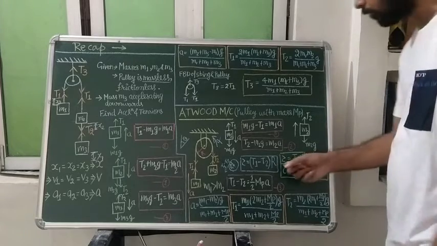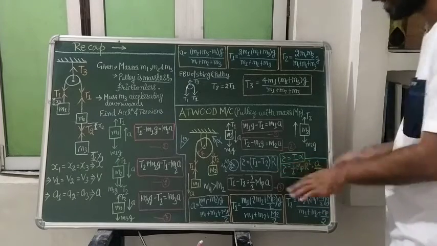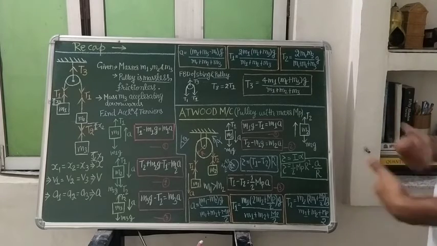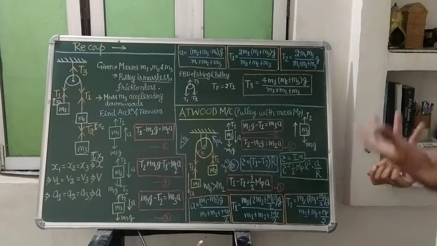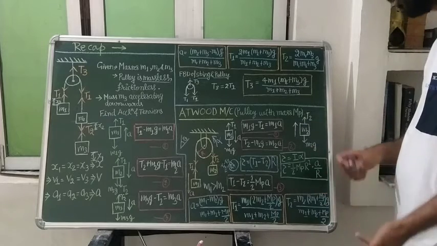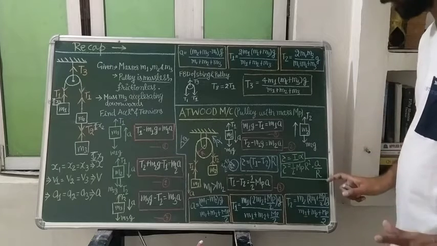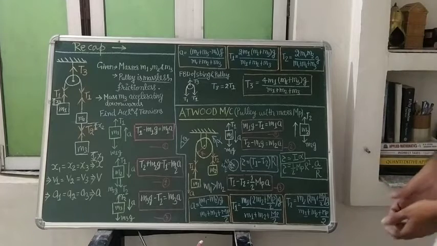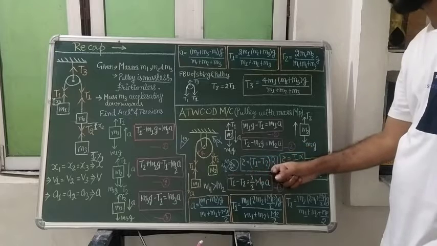For the time being you can think in your mind. If this is not coming to your mind right now, don't worry about it, don't bother, because it will become clear when we move to rotational motion and study circular motion. If these points are not coming to your mind for now, you can just listen and think that I am saying it right, I am not wrong. You can check as well. So that torque will be (T1 minus T2) times R.